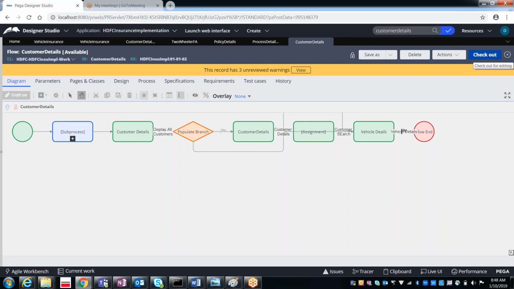Exactly. Whenever you want to modify any rule, as we applied the option of checkout and check-in, first you have to do the checkout, and only then can you do the changes. You can also see that we cannot do the changes as it is locked. So this rule is locked. Then you need to do the checkout, and then you can do the changes.